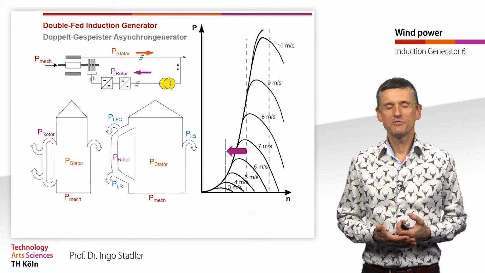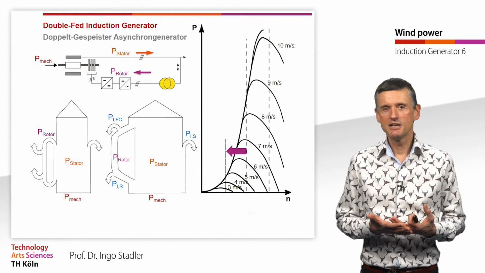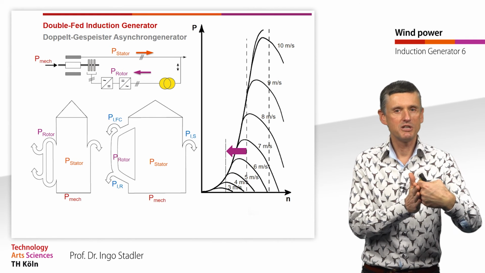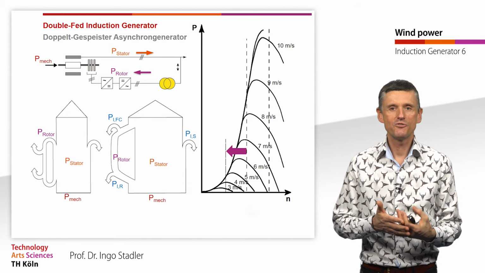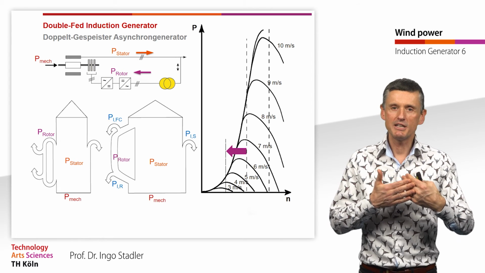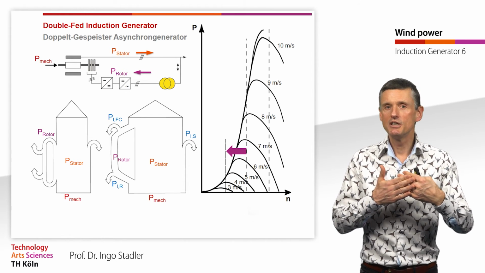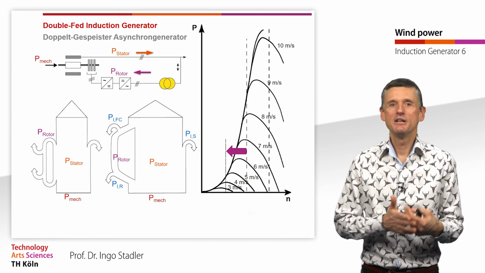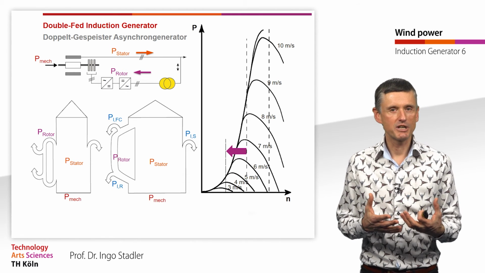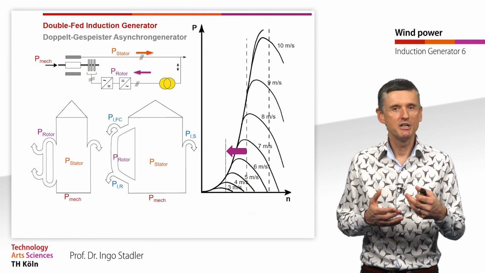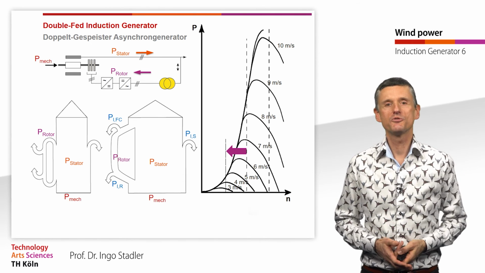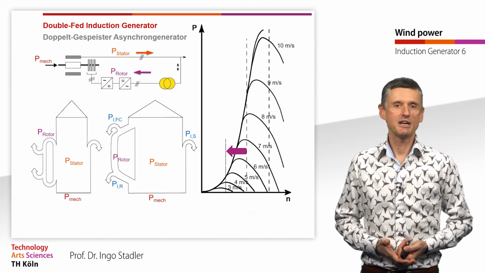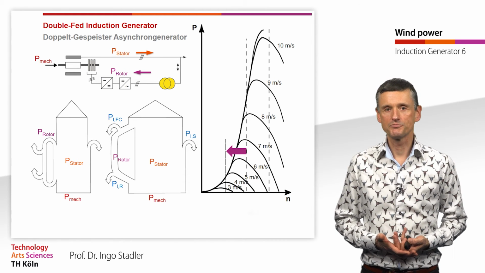And that seems to be a bit stupid, using power of the stator that is redirected to the rotor circuit. But we need to understand that without adapting to a lower mechanical speed, the power transferred from the rotor blades would be much lower than in the case we have now with this lower mechanical speed. And therefore it is completely okay that a part of this power is reversed through the rotor current, and in total again we have a gain in power transmission.